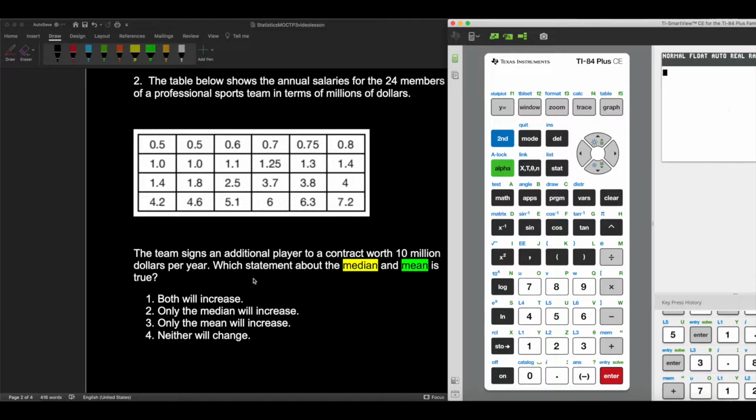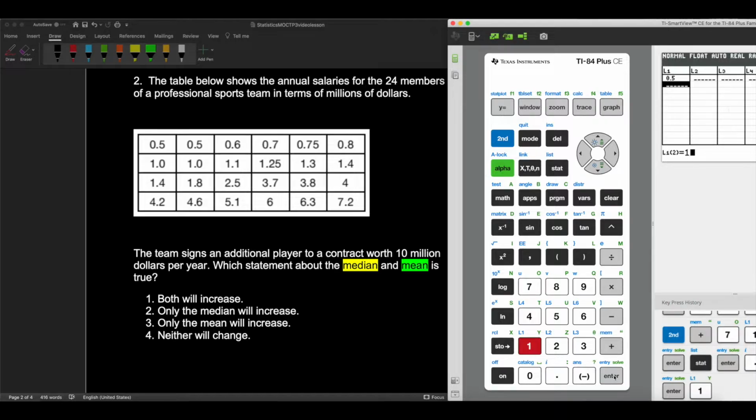Okay, so you might be saying, well, there's only one set of data here, but the minute you add this additional player, now it turns into the second set of data. And I'll show you what I mean by that in 2 seconds. First step, let's get this original table in the calculator and find the information we need just with that. So stat enter,